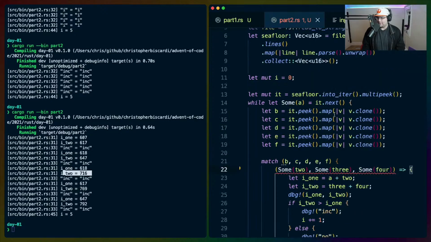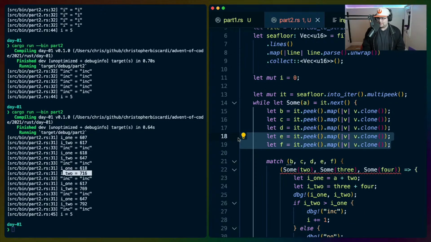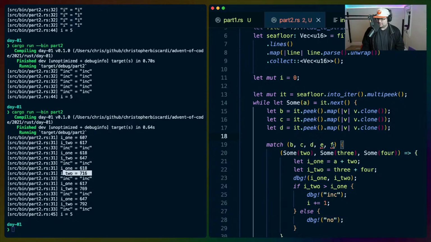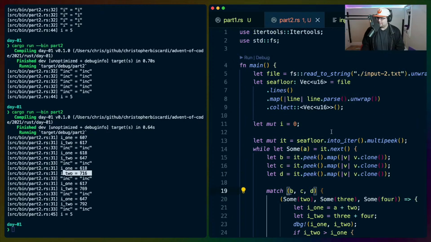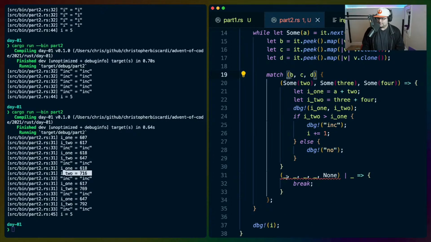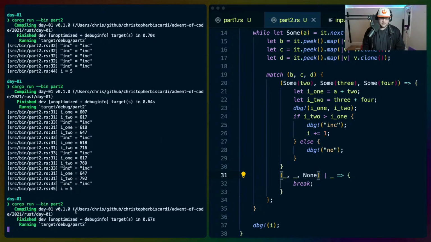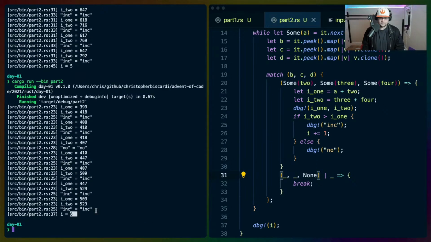Somebody remind me to have coffee tomorrow. 1, 2, 3, 4. 1 plus 2 plus 3, and then 2 plus 3 plus 4 are the positions that we should be adding.